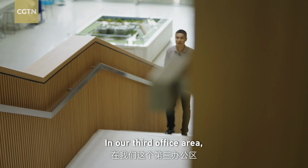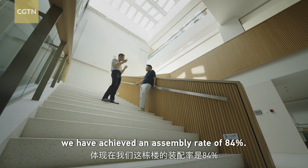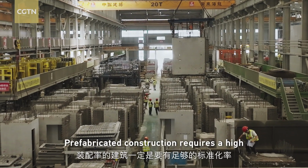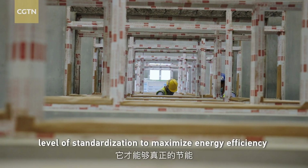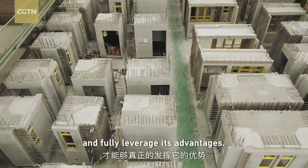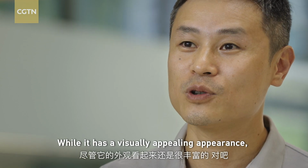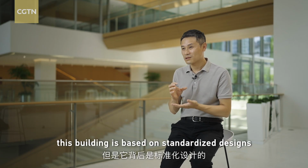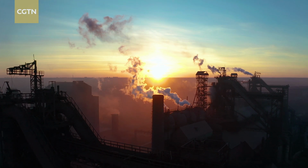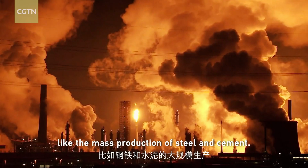But there is still the carbon budget that is out of the hands of architects, like the mass production